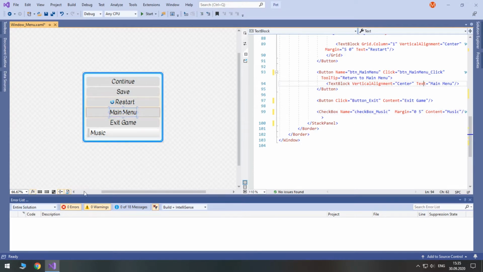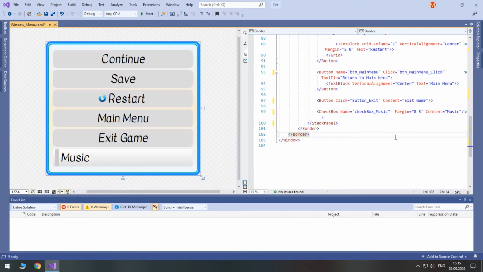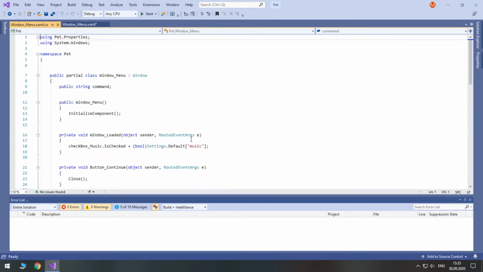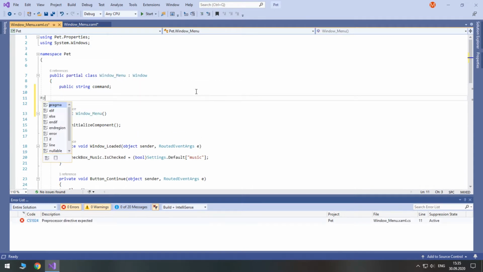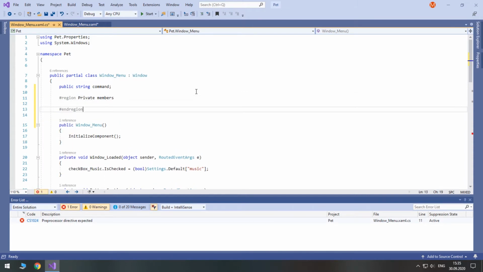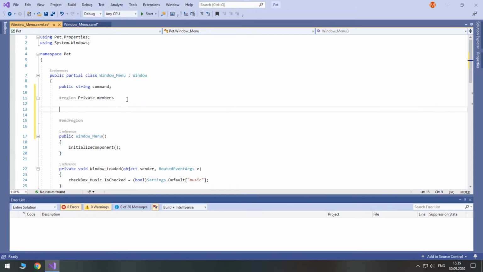Good. So now let's go to code, press F7. And here we will have private members. These members will correspond to some of our resources and status variables from window game xaml.cs.